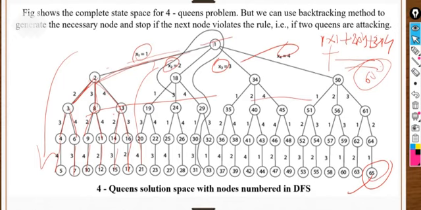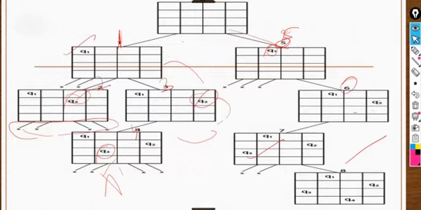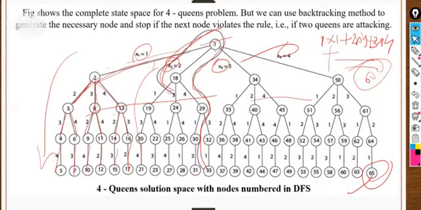It's totally optional to draw this type of diagram in your final exam, but it's important to know about it, right? So here the final solution comes from this particular path. From 1 it's backtracking, and from 1 if we start, then 1 4 3 1 is the final solution for the 4 queens. That we have already seen here, right? So 2 4 1 3, right? So it's a solution. We have to cover 2, then 4 1 3. So 2 4 1 3 is the solution for this 4 queen problem.